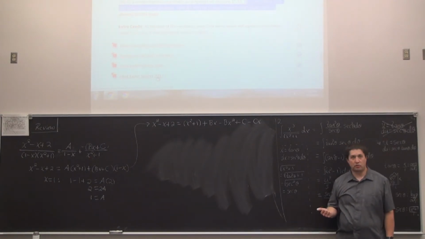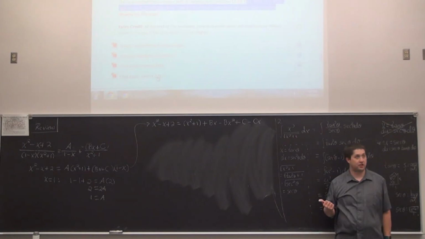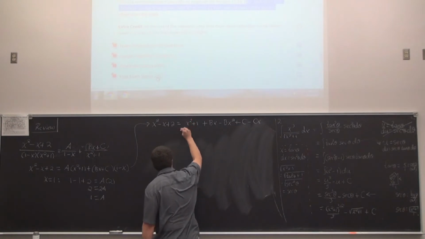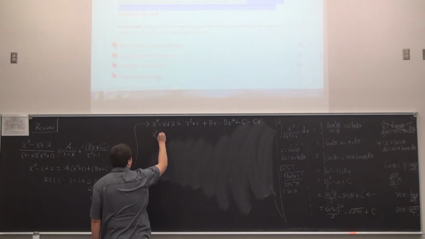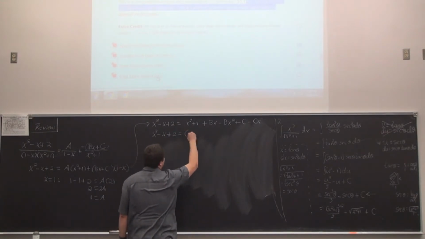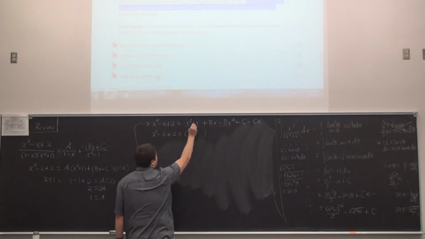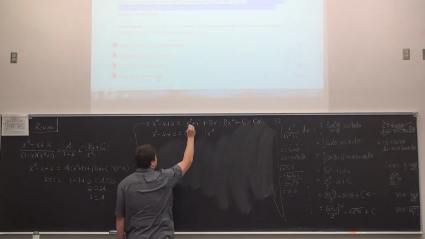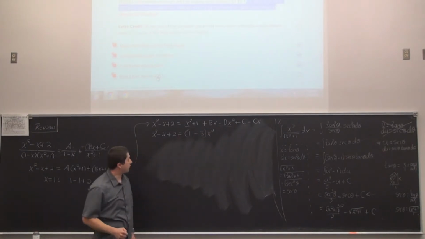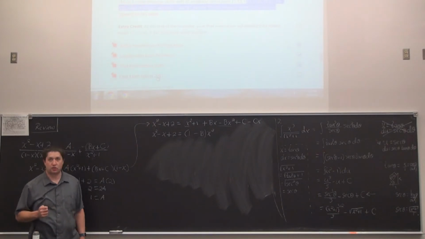By equating coefficients, what we're meant to do now is group x squared terms, x terms, and the constant terms all together. I might as well drop parentheses right now because that's kind of distracting. So at this stage, x squared minus x plus 2 would be equal to, for the x squared term, we'll grab x squared here. A coefficient of 1 can come from here, minus a coefficient of b. So if we distribute x squared back in, we'll get the x squared and the negative bx squared.